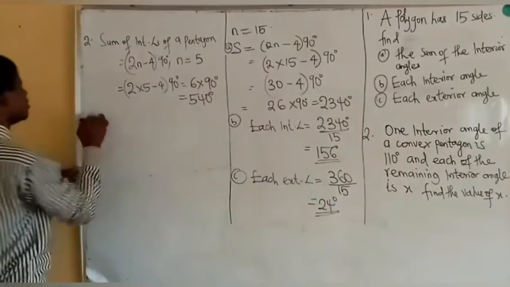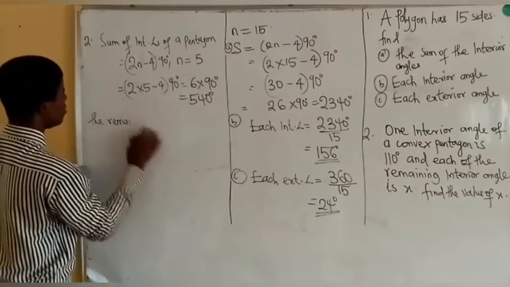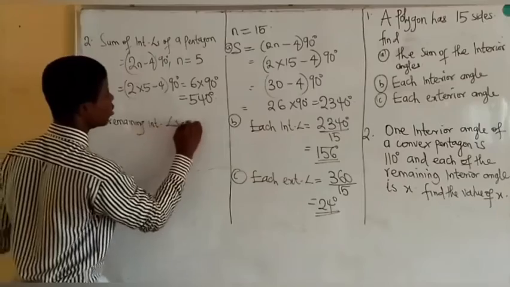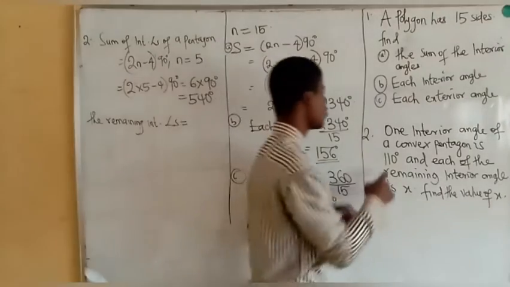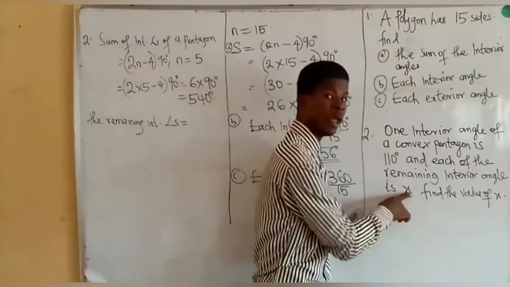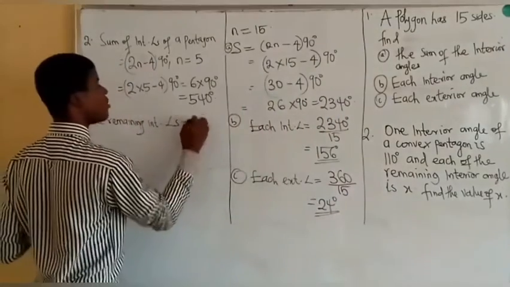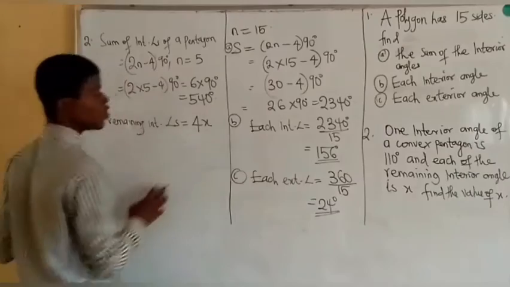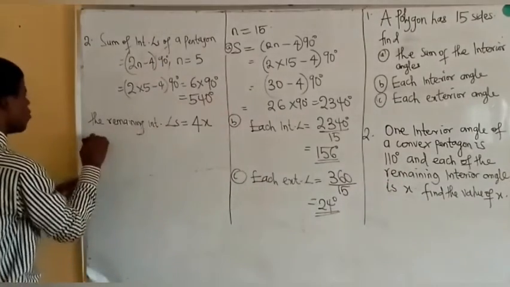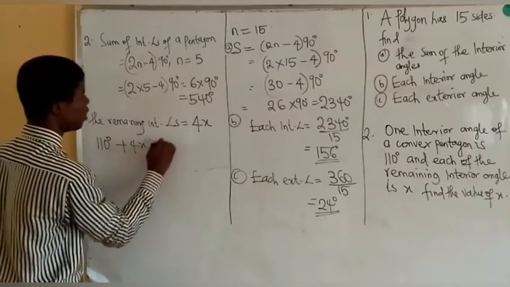So the remaining interior angles: x plus x plus x plus x, that's 4x. So if I add 4x to 110, I'll get the sum. So 110 degrees plus 4x is equal to